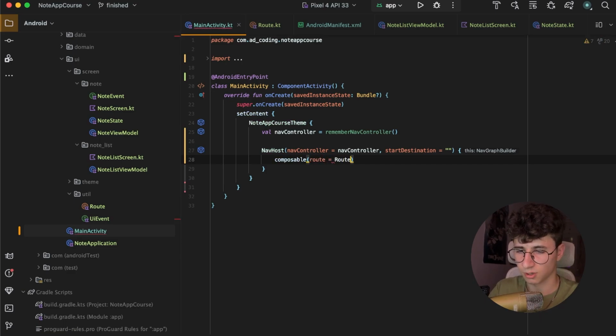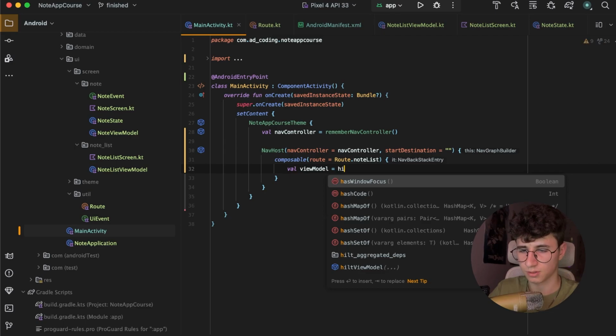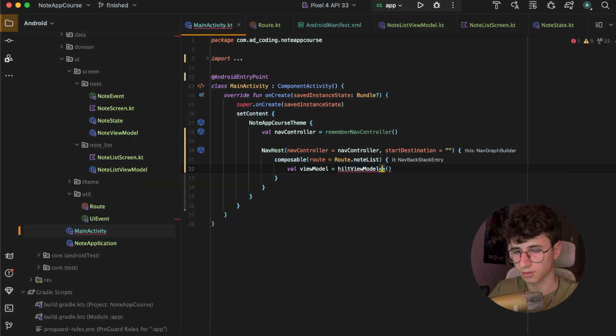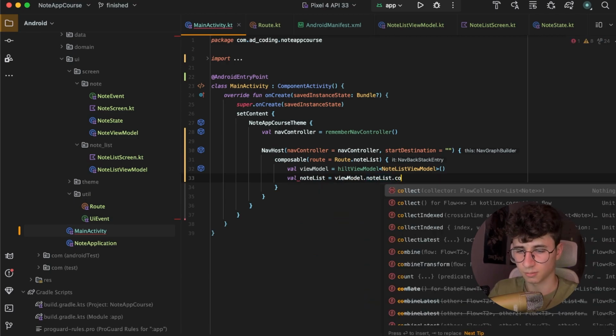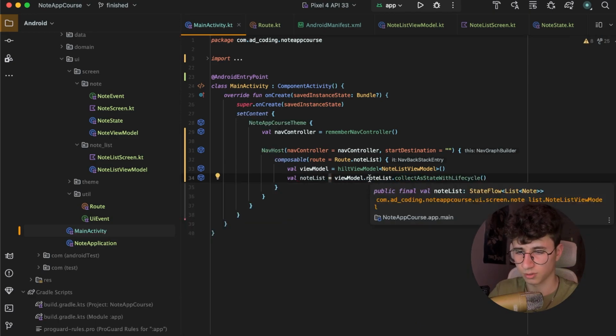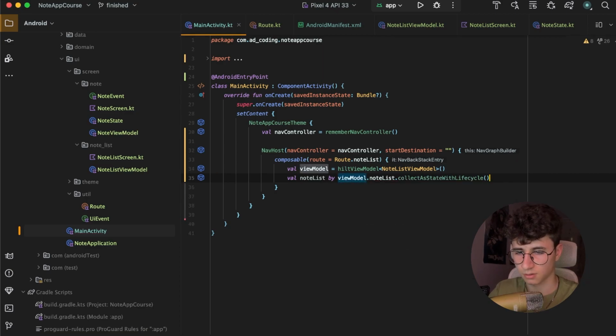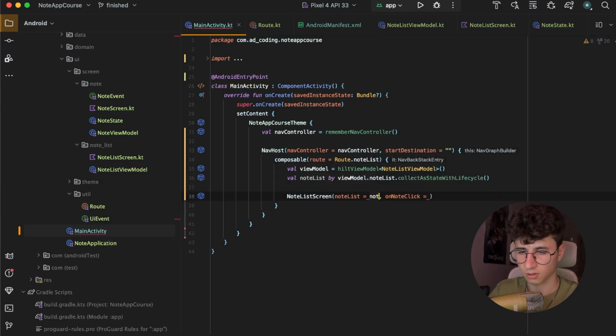pass the route, so Route.NodeList, and open the block. Let's get the view model by saying viewModel equals hiltViewModel, and this will give us the NodeListViewModel, and let's say nodeList is equal to viewModel.nodeList.collectAsStateWithLifecycle, and let's replace the equals with by, and now we need to say NodeListScreen and pass the node list,